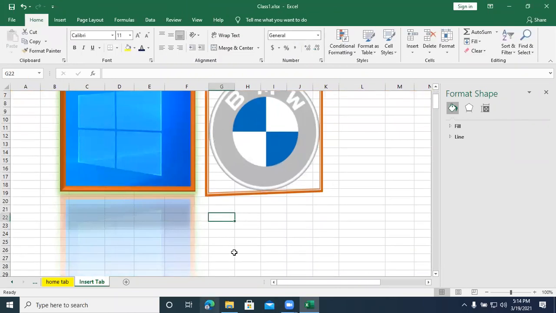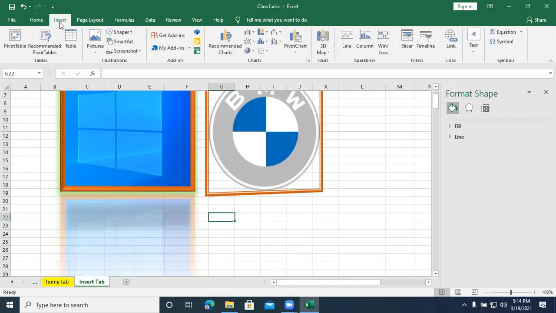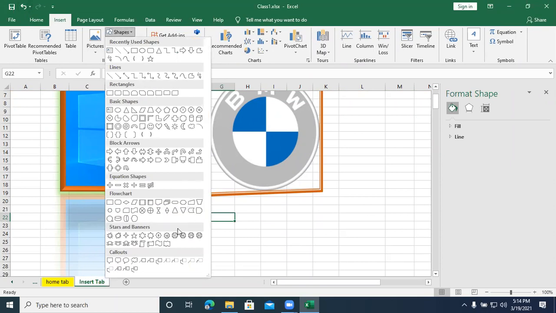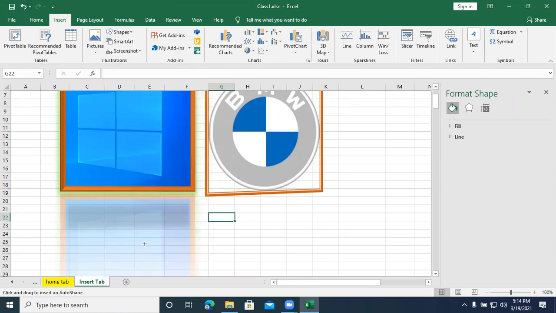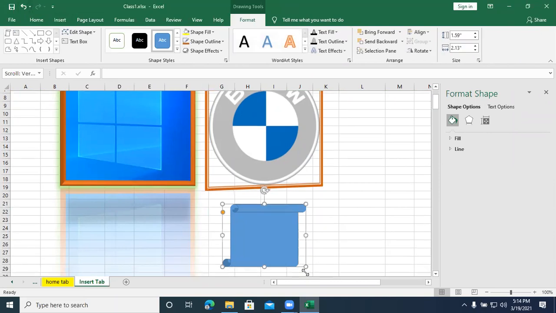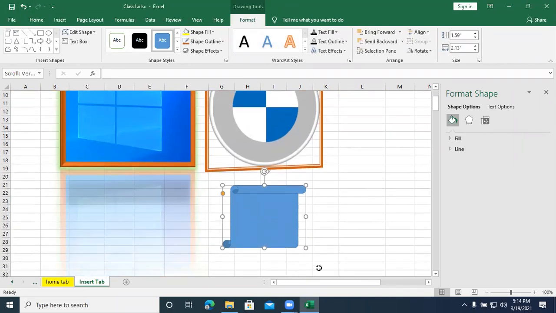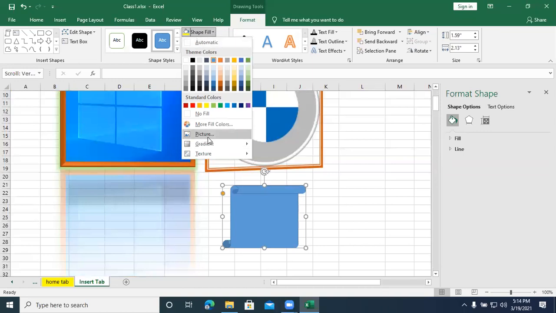We'll add shapes. We have many shapes in this Excel. Go to insert, illustration, shapes. Any of the shape you can take. We have many shapes here. I just take one banner shape, drag and drop it. Click on the shape, just drag and drop it in your worksheet. It appears. You can change the shape color, shape fill with any pictures.